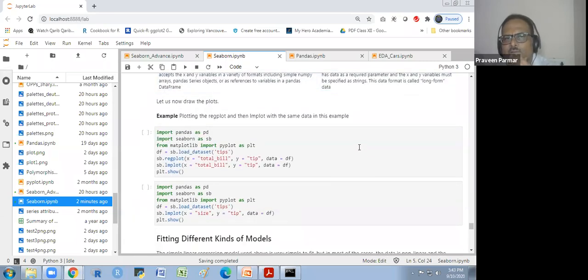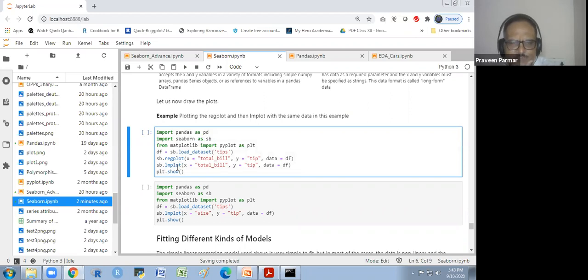So let's draw the plot: plotting the regplot and then lmplot, sorry, with the same data in this example. So first I'm plotting the regplot, and then I will plot the lmplot. And here is the tips dataset. You are already aware of it. There is total bill and tip, and both the variables are numeric, continuous variables, tip and total bill.